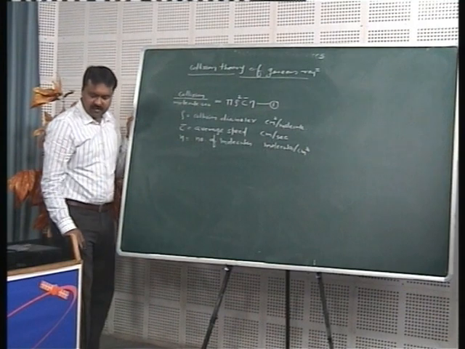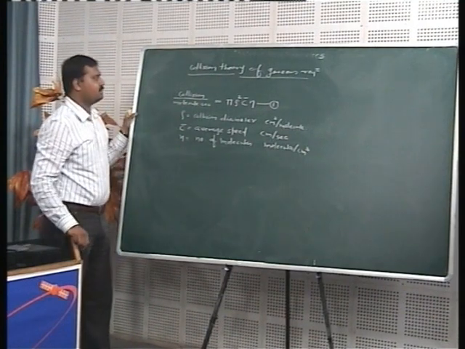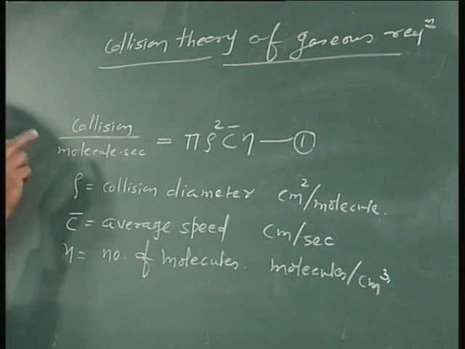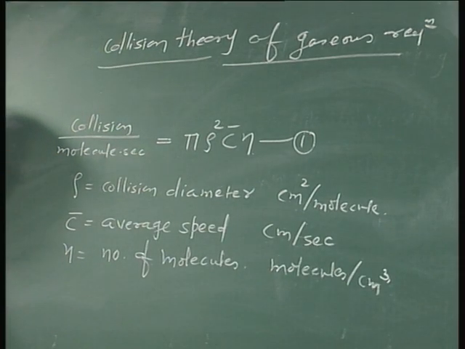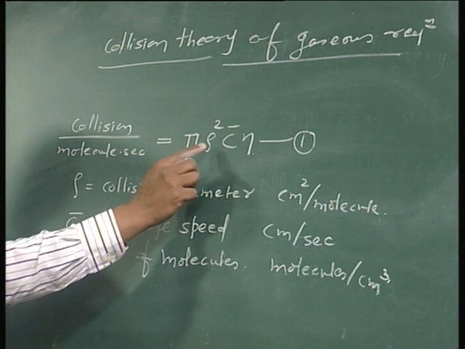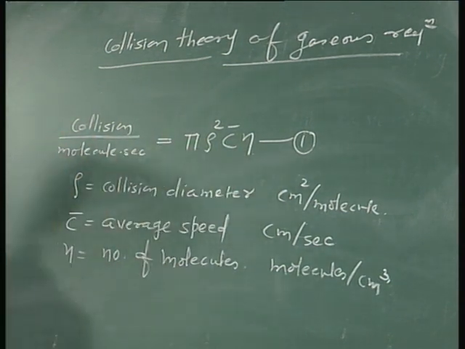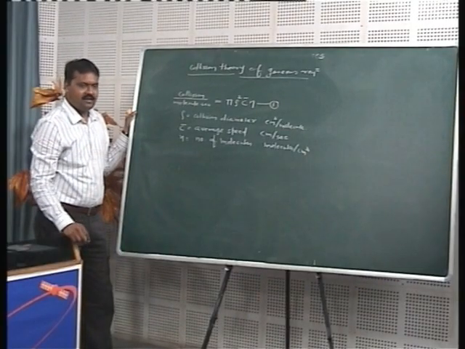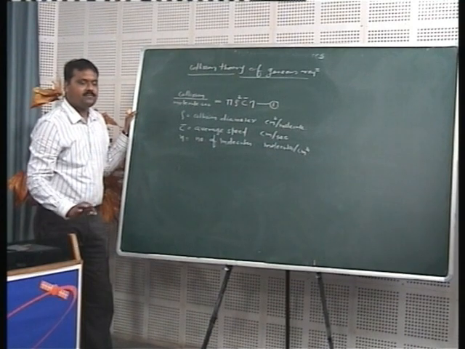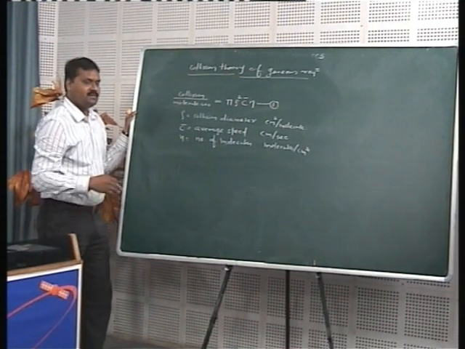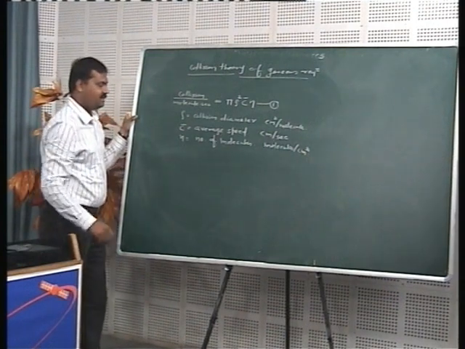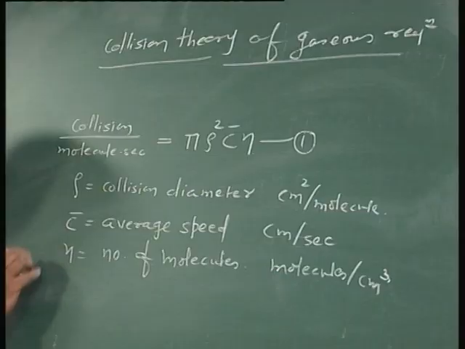So according to the kinetic theory of gaseous molecules, the number of collisions experienced by one molecule in 1 second is given by pi rho square c bar into n. Now if we restrict ourselves to a reaction which occurs in the gaseous state, which involves two different kinds of molecules, that means if we apply this theory to a bimolecular gaseous reaction, and if A and B